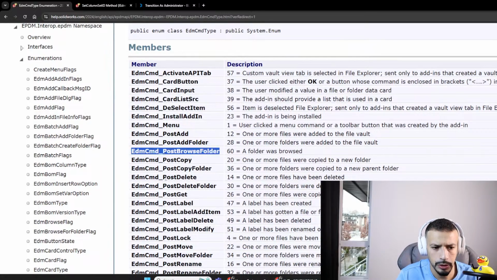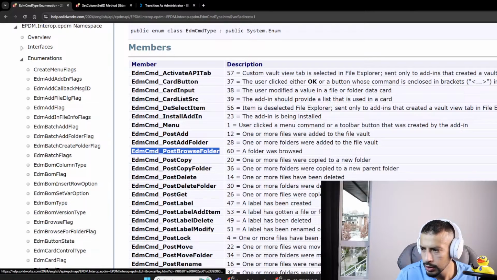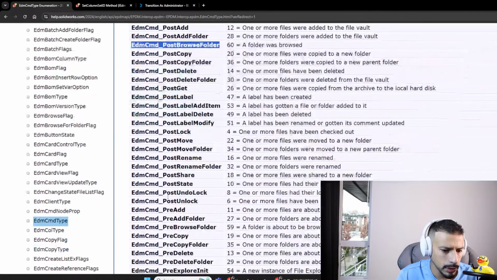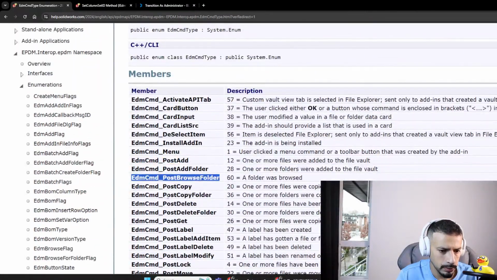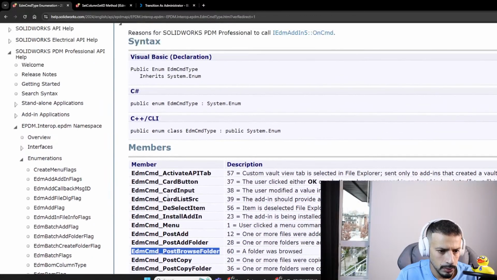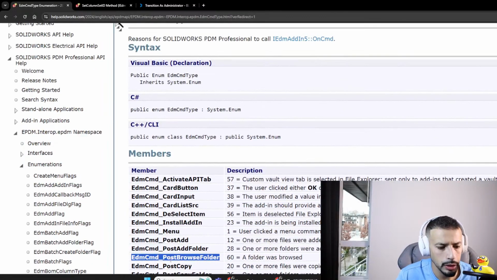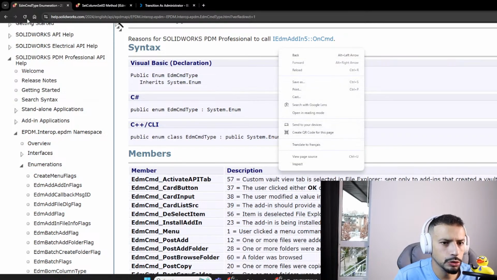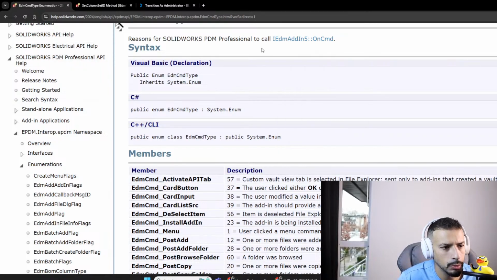PostBrowseFolder is the enum that will be used for when the user browses a new folder. So long story short, we'll not be able to write this add-in until we upgrade to SOLIDWORKS PDM 2024,